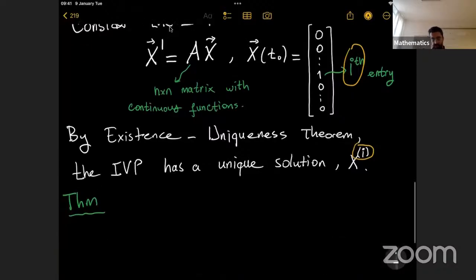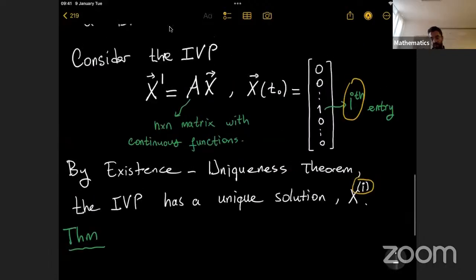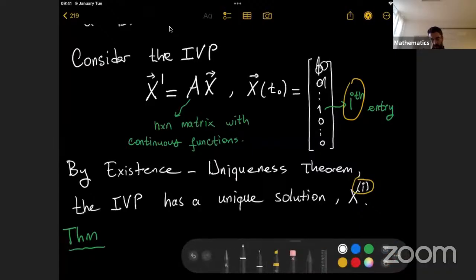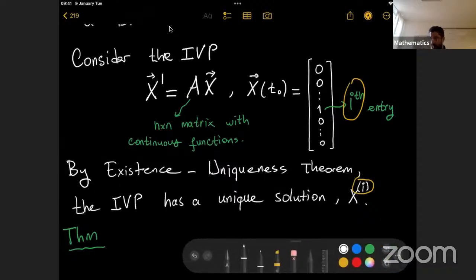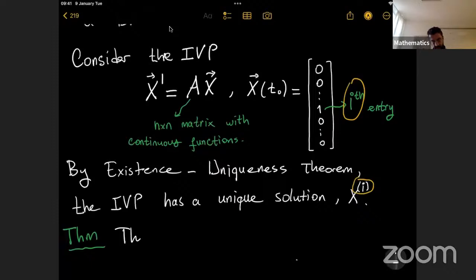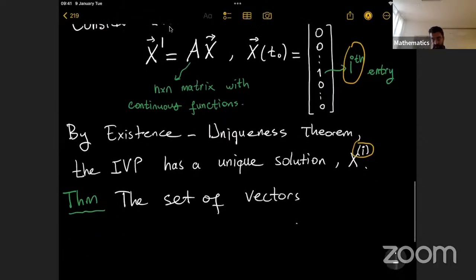Which says basically, when i is equal to 1, we have one solution. That means the initial condition has 1 here and 0 for the rest. When i is equal to 2, the second entry is 1 and all others are 0, and so on. And for each, we have a solution. Let's call this set of vector functions, let's say,